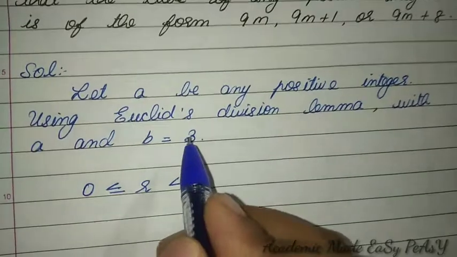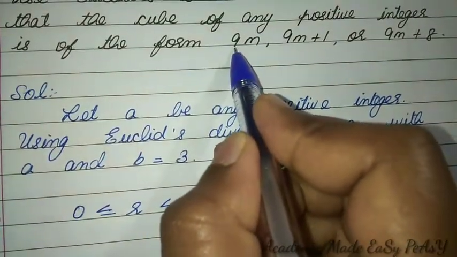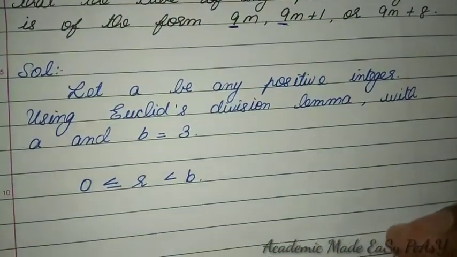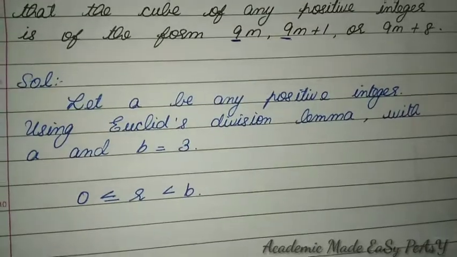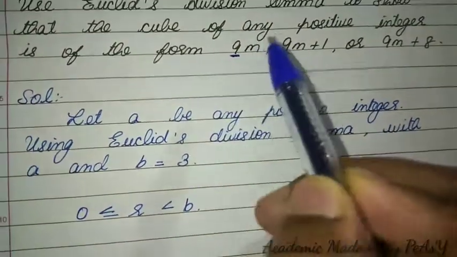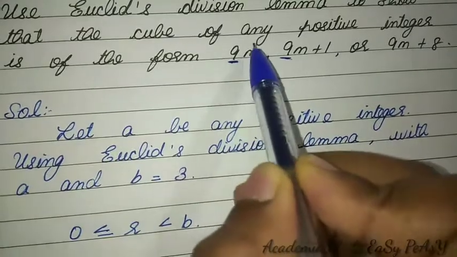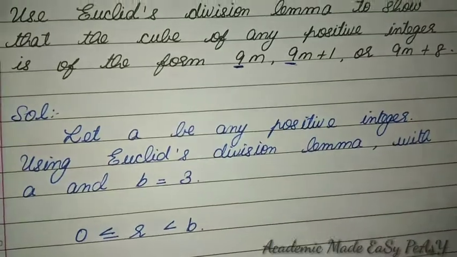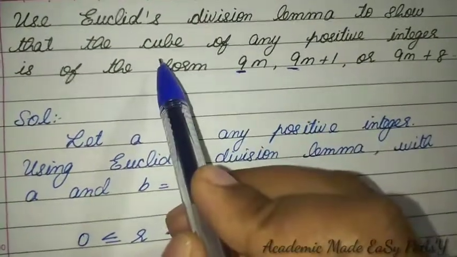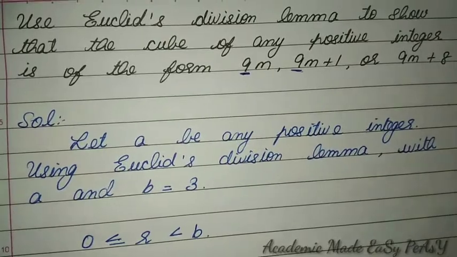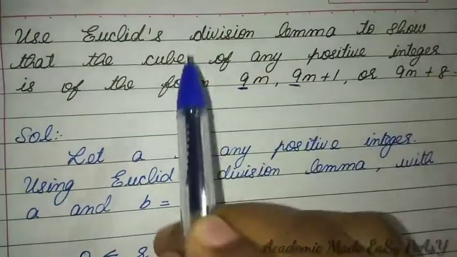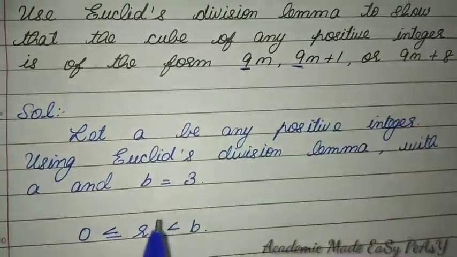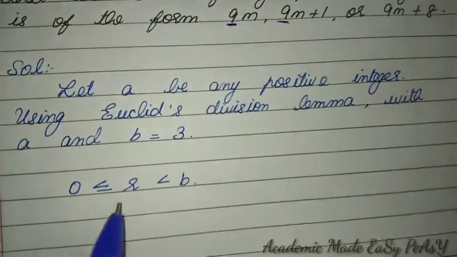You might ask: in the last two questions we took the value of b as this number, so why didn't we take that here? Because for a cube we won't take that one. When a cube is given, the square root of the coefficient of m is taken, so that we get 9 in the final answer. If a square or just a positive number is given, we take the same number. So I have taken it as 3. Now let's move on.